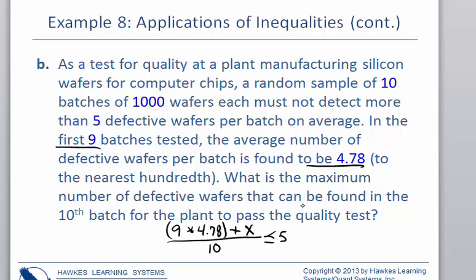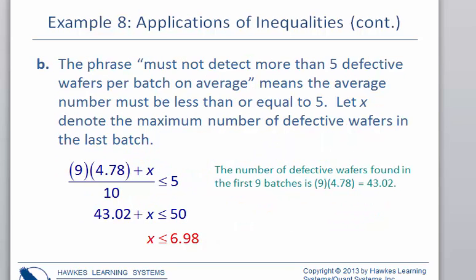All right, so let's take a look at solving that expression. What would we need to do first in order to solve that inequality? We would more than likely want to multiply both sides of the inequality by 10, which would cause it to cancel on the left. And 5 times 10 would give you 50 on the right. 9 times 4.78 gives you this 43.02 that we're looking at right here. All right, next step would be to subtract that 43.02 from both sides. And that should finish up our problem for us, saying that the x has to be less than or equal